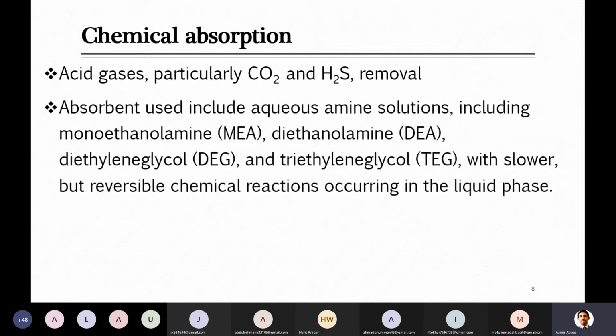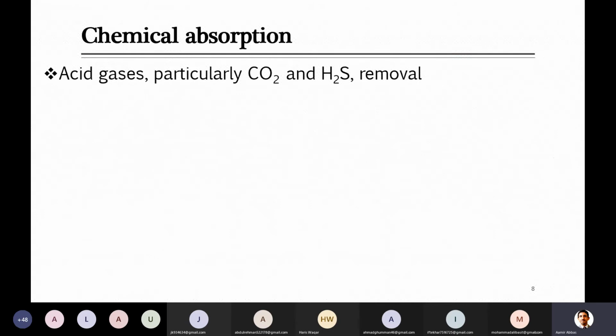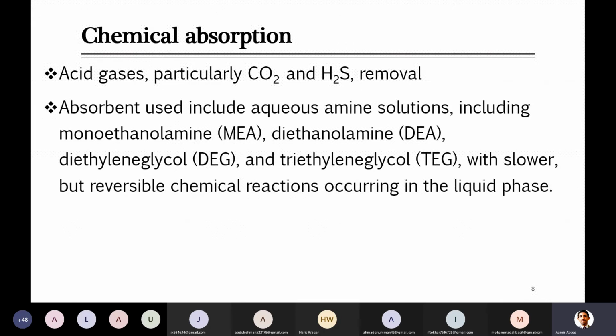Most of the time, as chemical engineers, we deal with gaseous systems like natural gas production plants, and they contain a lot of CO2 and H2S. Those CO2 and H2S can be removed either by using these aqueous solutions, or otherwise, if you remember, we also discussed that amine solutions are widely used, as well as glycol solutions: monoethanolamine, diethanolamine, diethylene glycol, and triethylene glycol.